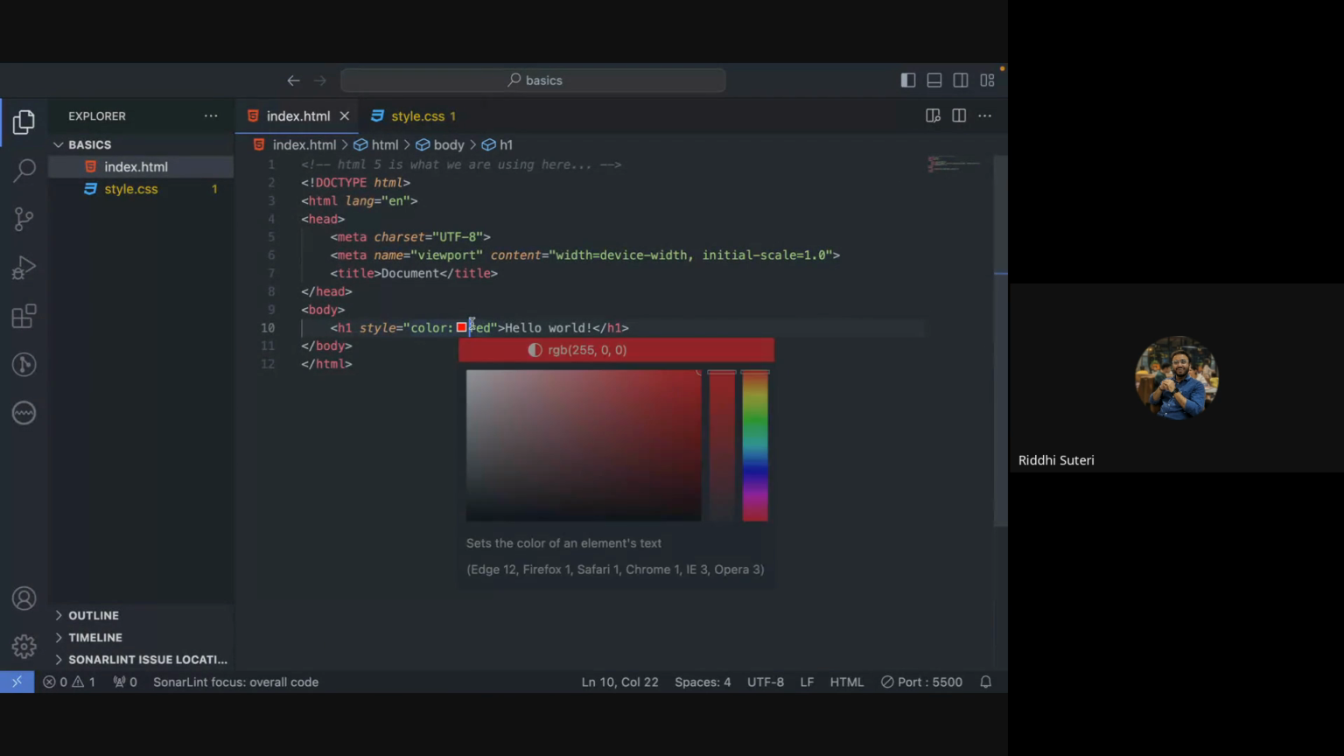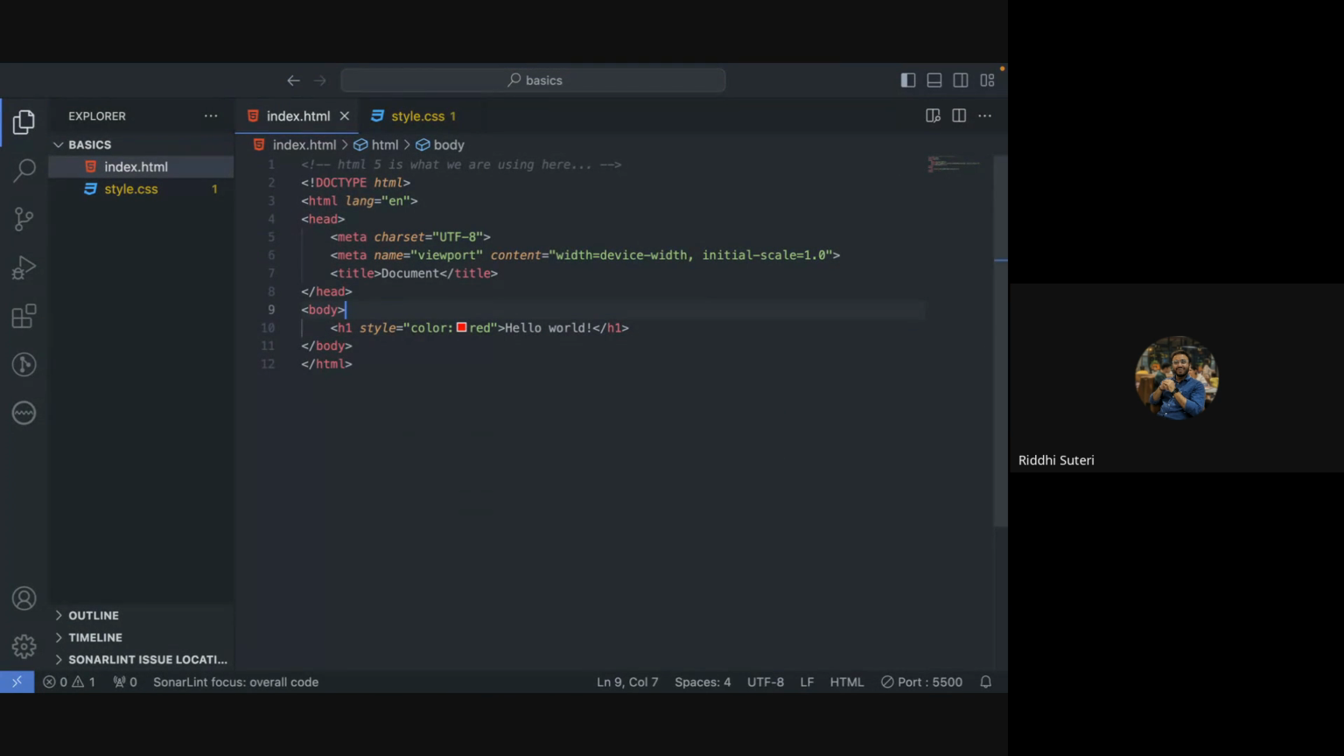Why? Because it is called inline CSS, and we don't want to write all the style within the same tag. So we remove this. We don't prefer this one. We don't prefer this for bigger projects. Another option that is available to you is something like this. You do something like this,